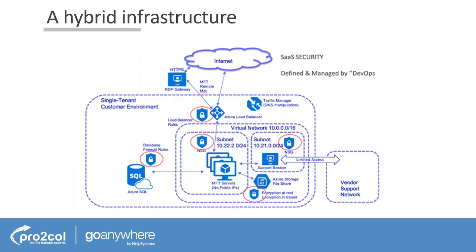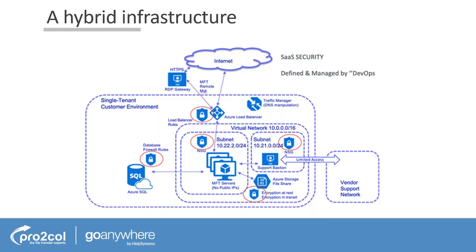Now, as I said at the beginning, I'm not technical, so I'm not going to attempt to take you through this diagram in lots of detail. It probably means more to some of you than it does to me. But a couple of things that you need to be aware of. GoAnywhere MFTaaS is hosted in AWS. It's a single tenant solution, not multi-tenant like we see elsewhere in the marketplace, even in Arcus, the other solution in the cloud from Help Systems.